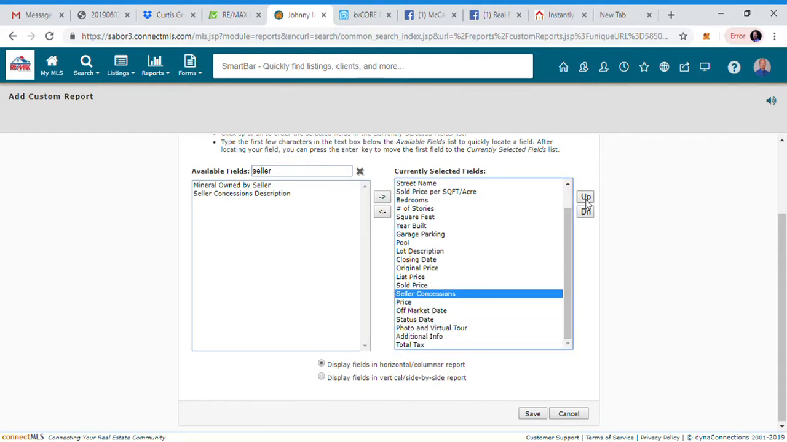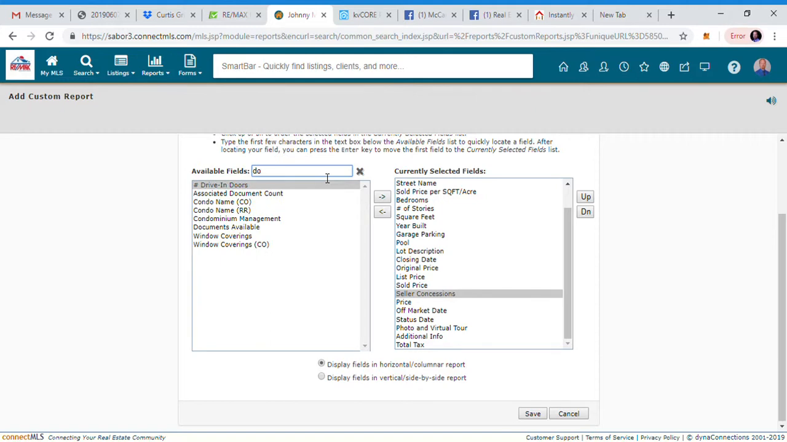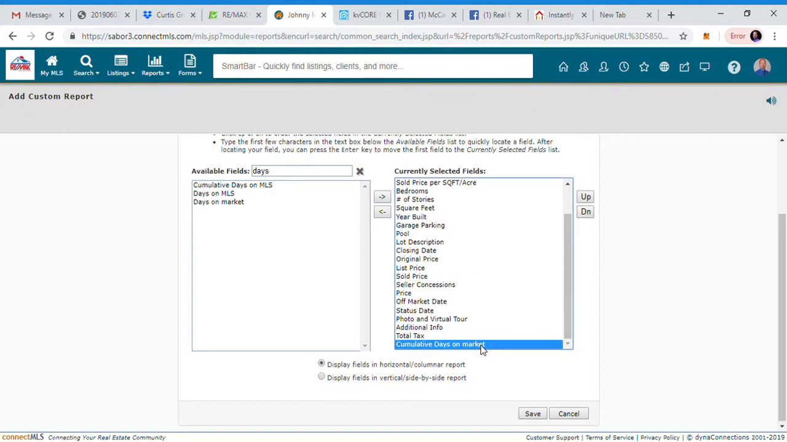And then the last thing that I want on here is what was the days on market. So let's see, if I put DOM, it does not give me anything. I need to actually type it out. Days on market, which is this right here. Now there's two different ones here. There's days on market and cumulative days on market. I'm going to want to go ahead and pull the cumulative days on market. Okay, so now I go down here, I grab that, bring it up,